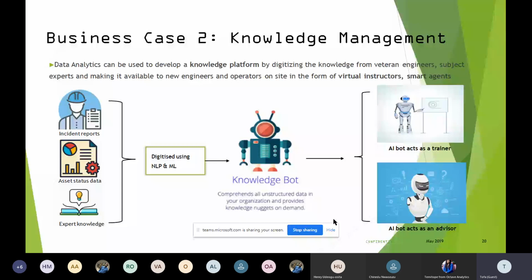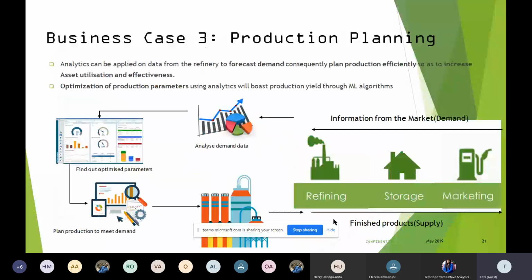For production planning, like I spoke already about the existence of a lot of data, say for demand forecasting, planning of production and operations, and doing some optimization on the processes that are being done in the production space, then it's a very fantastic use case. So in essence, I'm saying that the opportunities exist almost across board.